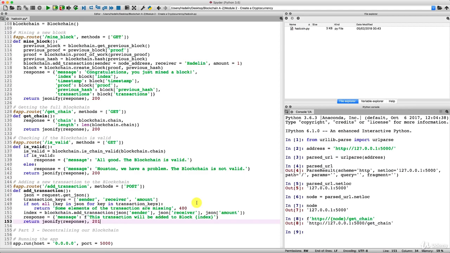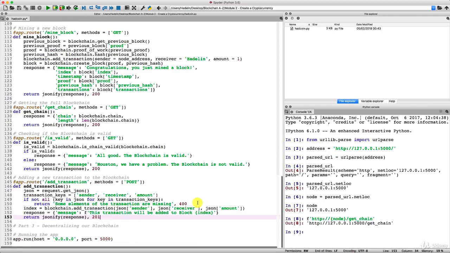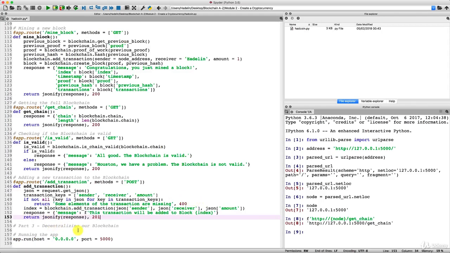Perfect. So congratulations. Part 2 is done. We're actually almost ready to start the demo. I can't wait. The demo is actually going to be exciting. We're going to send a lot of AdCoins to Kirill. But to do this, we first need to decentralize our blockchain to connect some new nodes to our decentralized blockchain. And therefore, since we'll have several nodes, we'll need to make another request, which will be a GET request, by the way, to apply the consensus in case some nodes in the network don't have the most up-to-date blockchain.